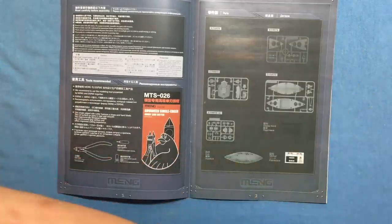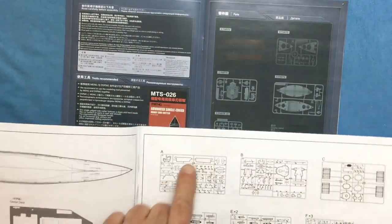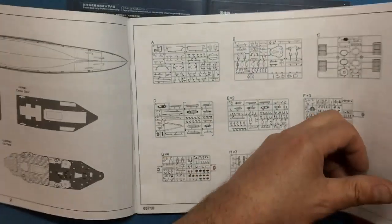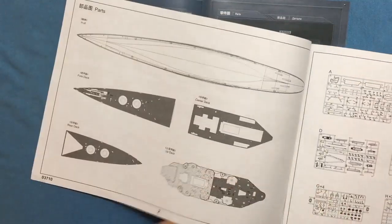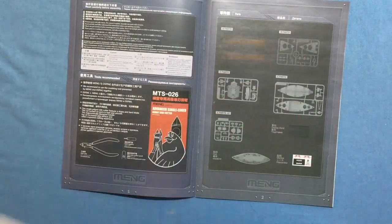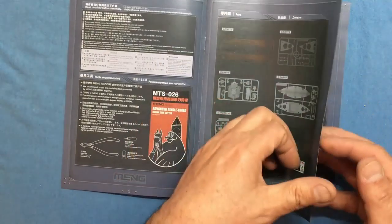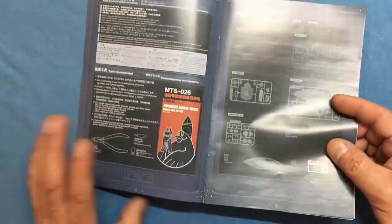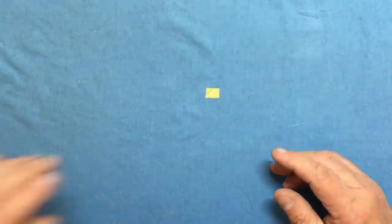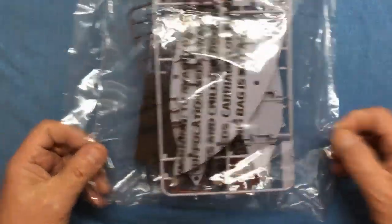Just to give you a comparison, this is the Trumpeter kit's parts. And that's the Meng kit's parts. So if you're new to the hobby and you're thinking about getting the Trumpeter, you might want to think twice. Perhaps get this one and then perhaps go for the Airfix or something. So there we go, that's that. All 58 parts. So now we've got this bag of plastic here, which is actually sealed, so we're going to